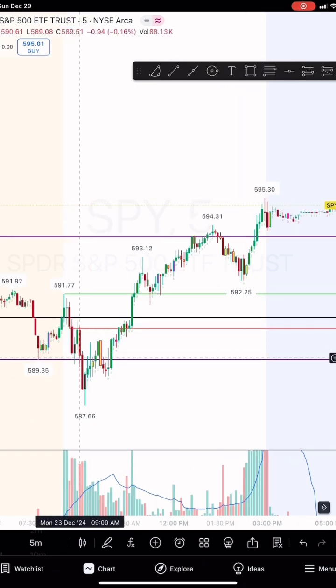So as you can see, we now have all these levels that we can play off of during the trading session. We see it broke the pre-market low, and you always want to wait for the retest, and it did reclaim that level, so that would not be a good entry for puts. It came back down and tested it, formed a double bottom. When it reclaimed it again, that would have been a good entry, but you had to be mindful of the